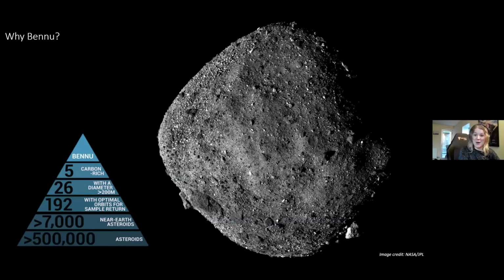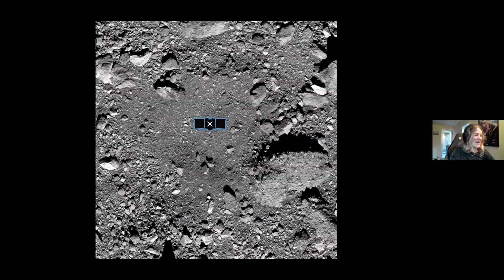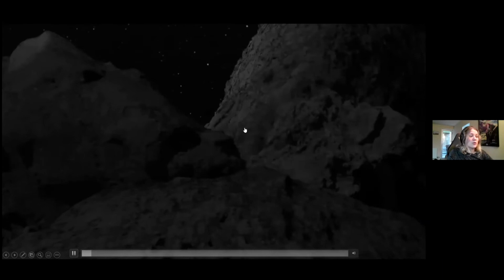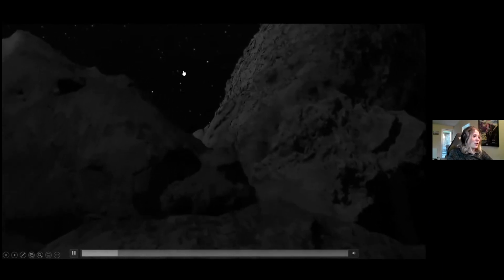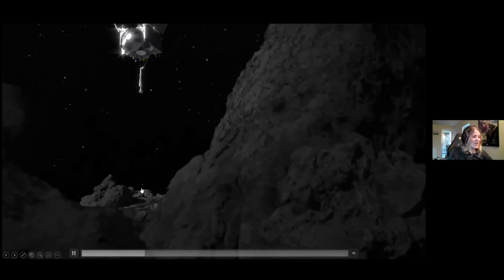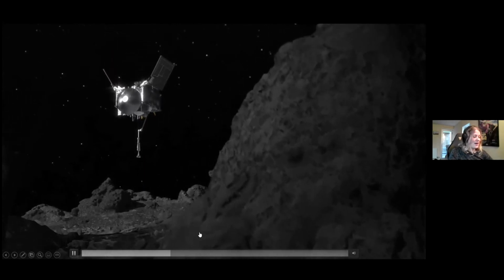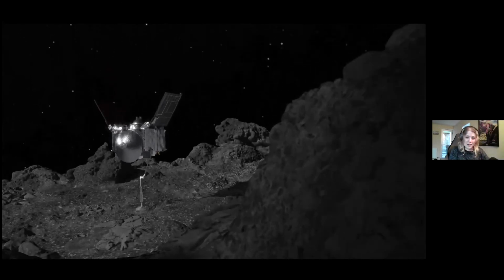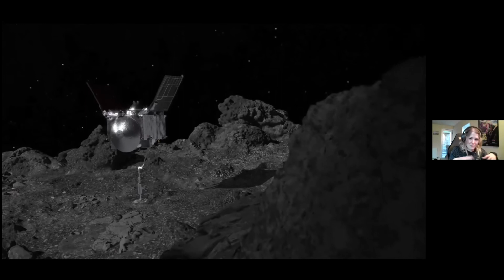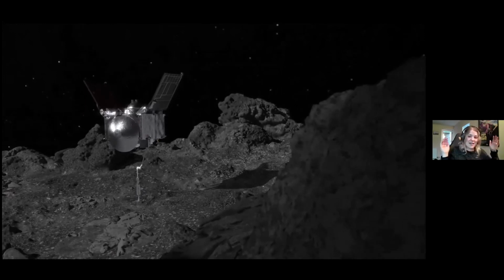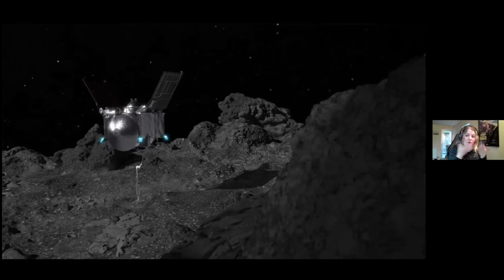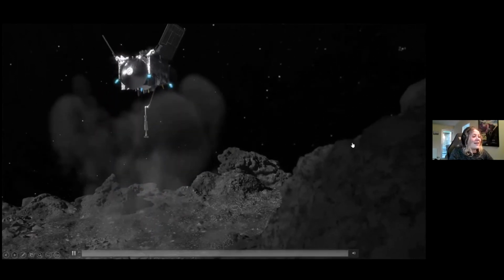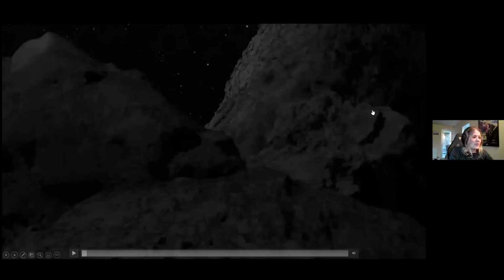Okay, so we did some sampling on Bennu. This is the sampling site that we went to. This is a really brief video of how the sampling was supposed to occur. So essentially, you've got a spacecraft descending to the surface, and then I'll just show you quickly. It descends to the surface, and then it shoots out a puff of nitrogen gas to kind of mix up the material, and the idea is then when it goes back up again, it will scoop up some of that material. Yeah, and that is what happened.